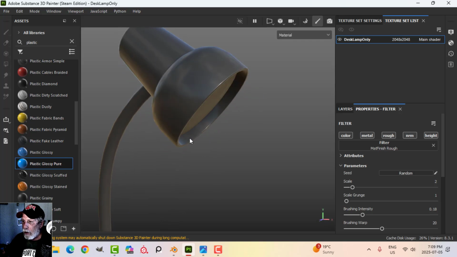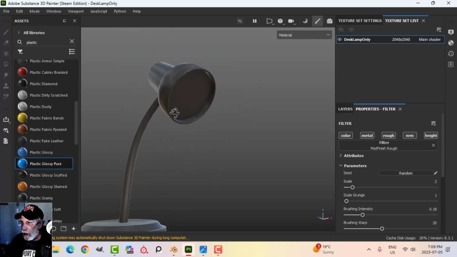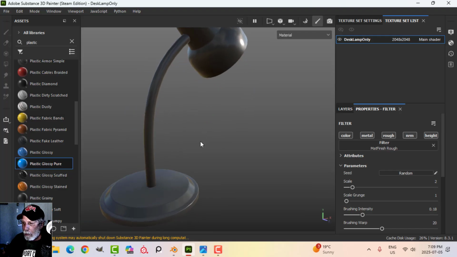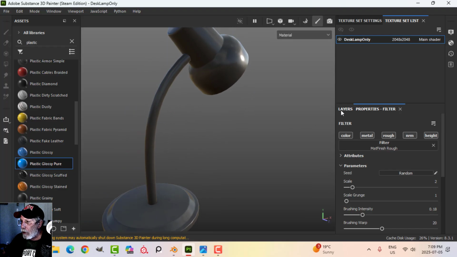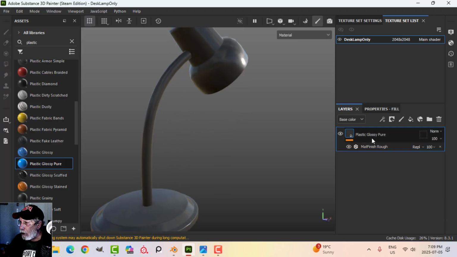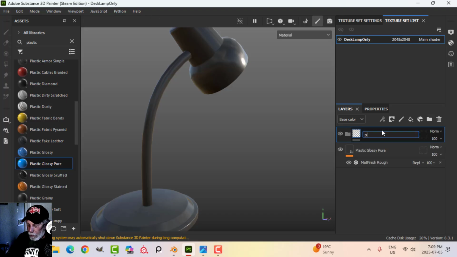You can add dirt and all of that stuff, but just for now, let's just focus on the gooseneck part, because that's what I really want to show you. So there's our base material. It's all on everything. So the way I'm going to do this is I'm going to create a new folder, and we'll call this pattern, let's say,